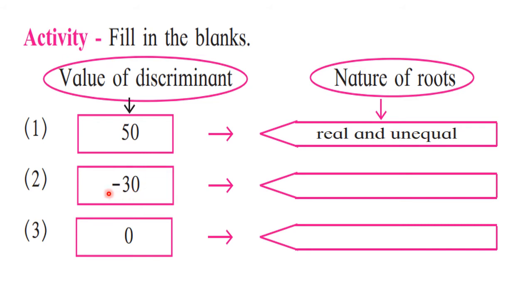In the second case, delta is negative. That means the square number under root is negative, so we can write that the roots are not real. Okay. And here in the third case, if it is 0, then the roots are real and equal, because the second term from the numerator is absent, so we get a single root, or we get equal roots. Okay. So in this way, you can simply write down these answers. Such questions can appear in Question number 2A, a simple activity, and you're going to get half a mark for writing your correct answer there. Okay. So this was the activity.